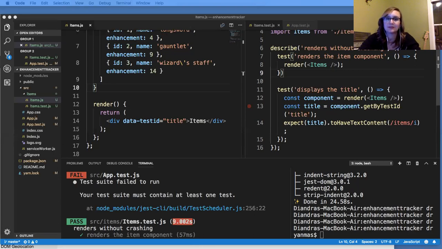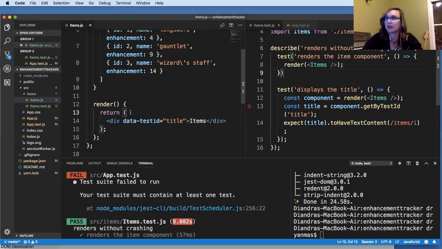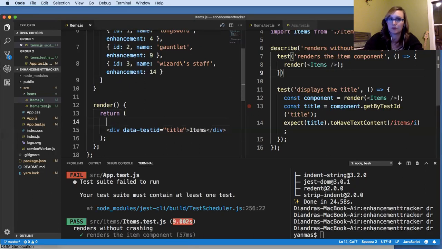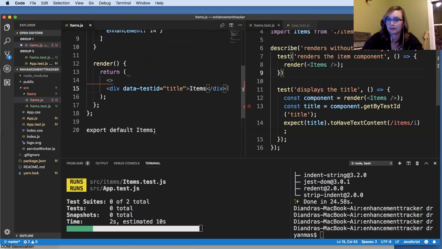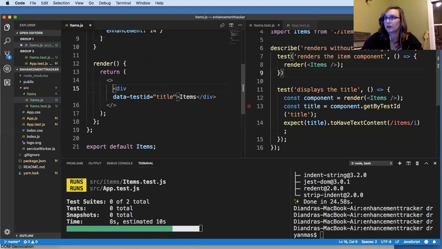So let's go ahead and display, do a little mapping and display these items on here. So I want to do a little bit of that. And then underneath this, we will do a